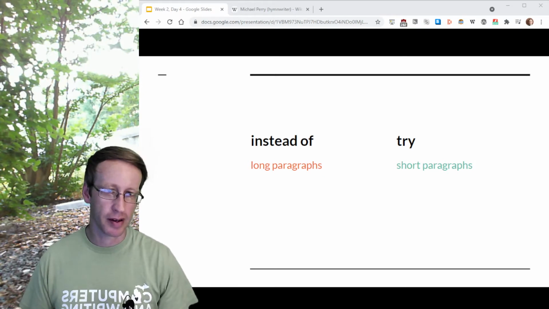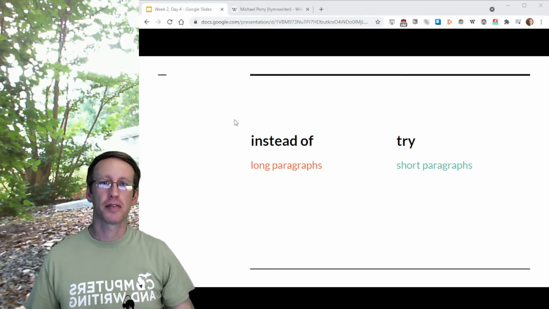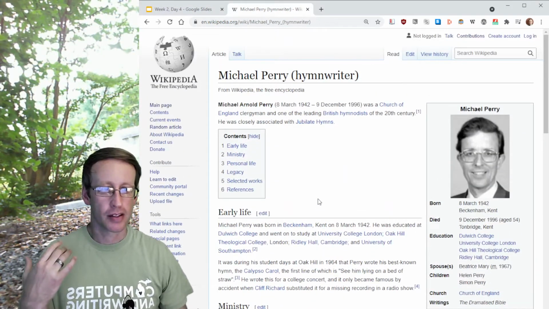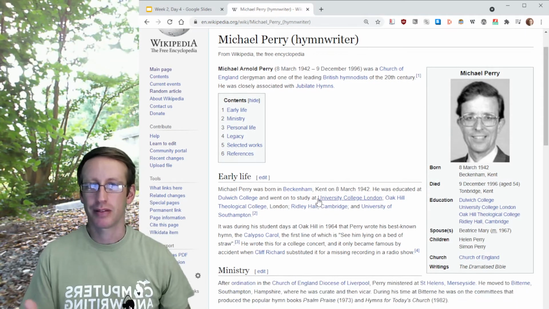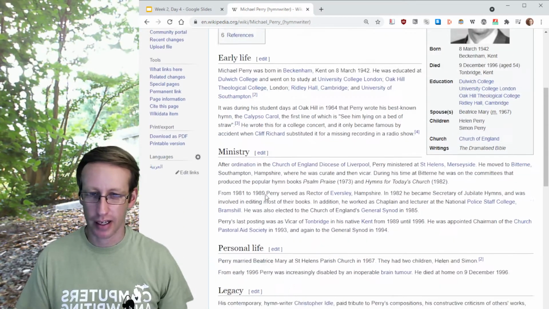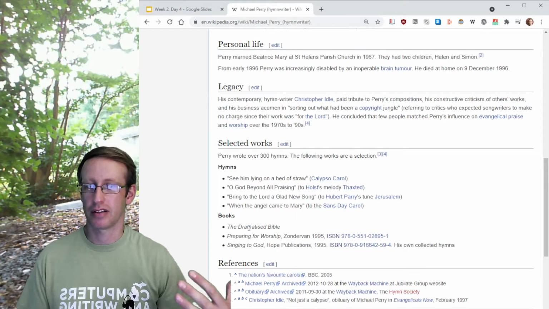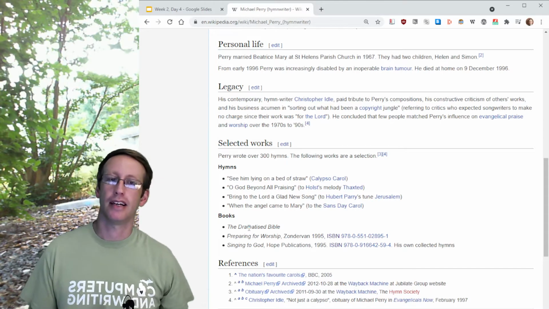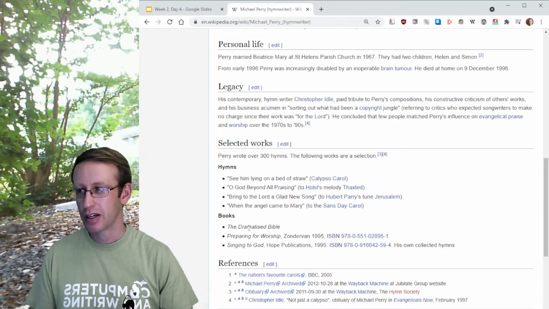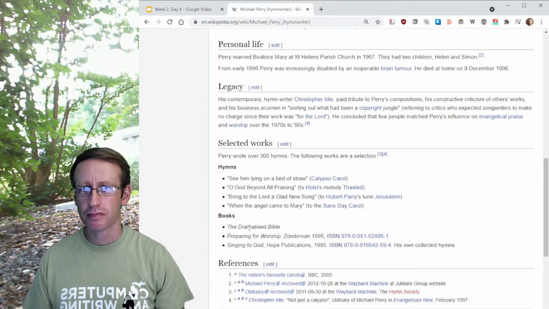I put these in a slightly different order than I meant to, but similarly, avoid long paragraphs. If you look at this, I don't know anything about this person, but this looks like a pretty typical Wikipedia article. And if you notice, the paragraphs are 3-4 lines long at the most. That's really what you generally want for web writing: you want to get to the point very quickly. Also, by writing short paragraphs and putting your most important ideas at the beginning of each of those paragraphs, it makes it easier to skim down the page and see what's going on.